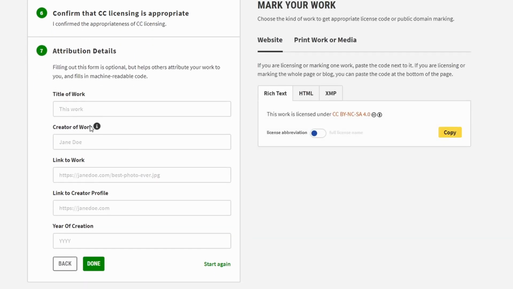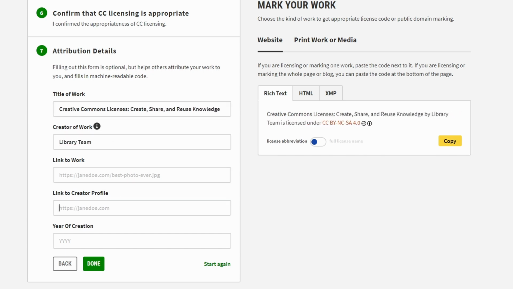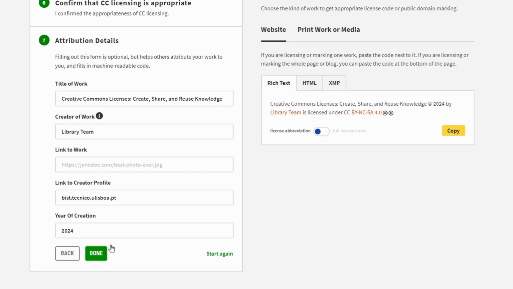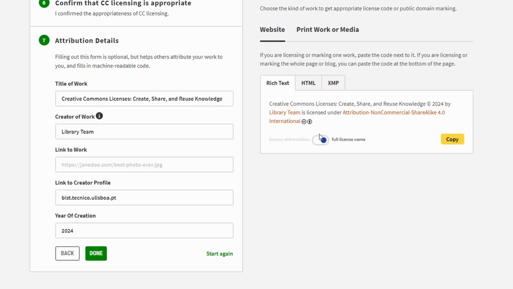At the end, one can either fill in the form or not. The license data is already available to be copied to our document, but if we want to have a more personalized license, we can fill in the form. All the fields are optional, but each piece of metadata will serve to better identify the work and the creator. We will fill in this form with information about the video being made. And finally, we insert the license in the document.